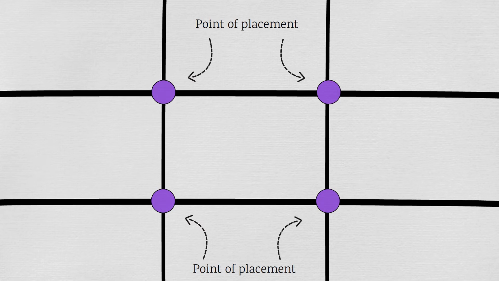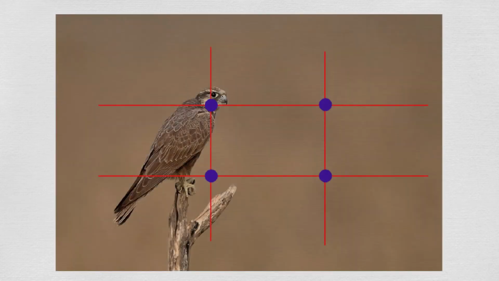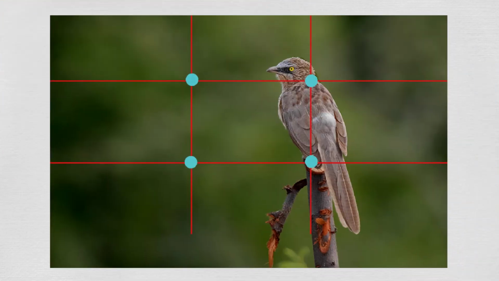For example, in this picture, the subject is looking towards the right, and that is where you will leave the empty space and place it there. Here the subject is looking towards the left. Here you will again place it on the top right corner and give the subject empty space on the left, so that the subject is looking towards the left, hence the empty space is towards the left.